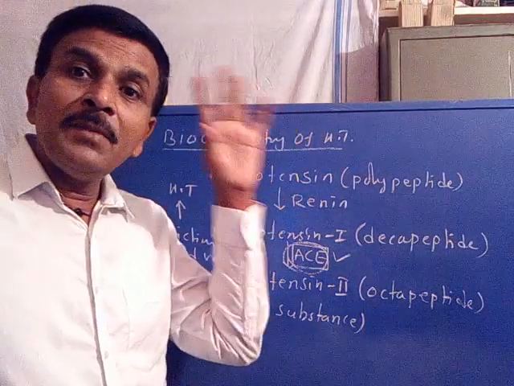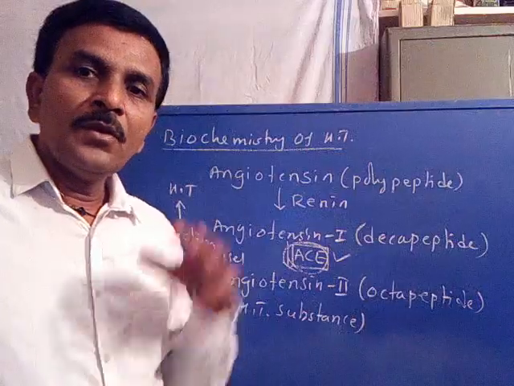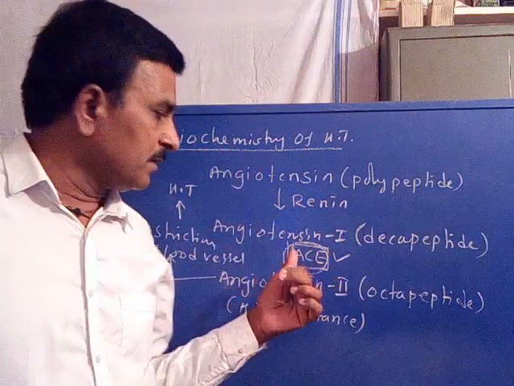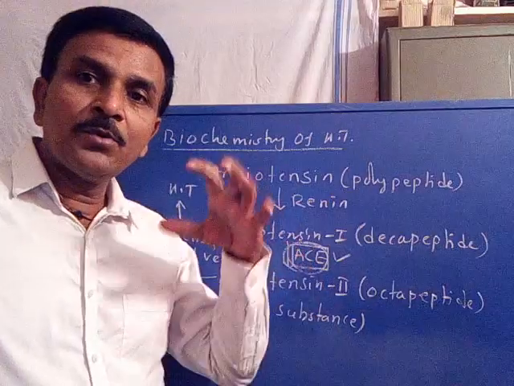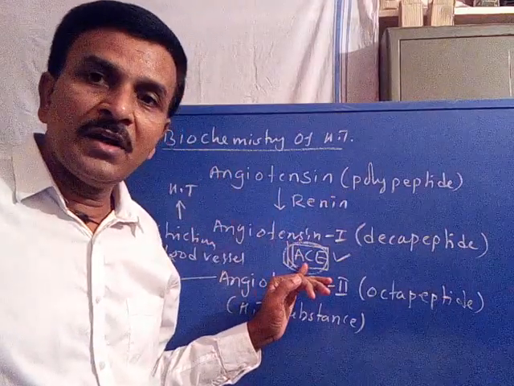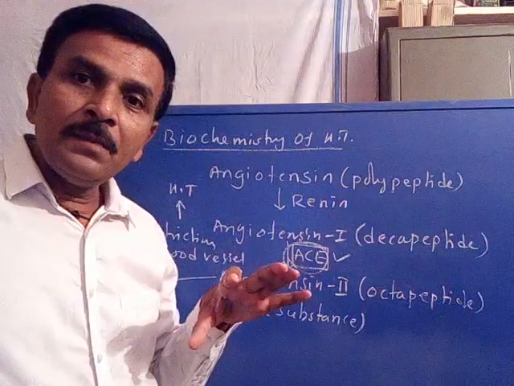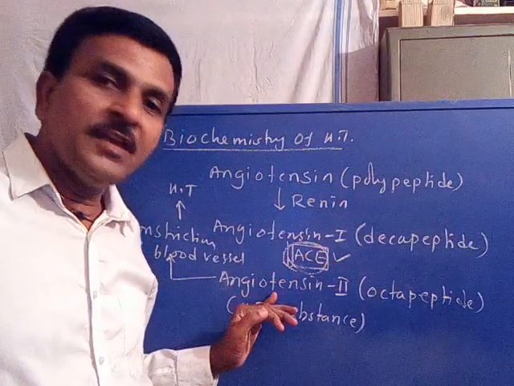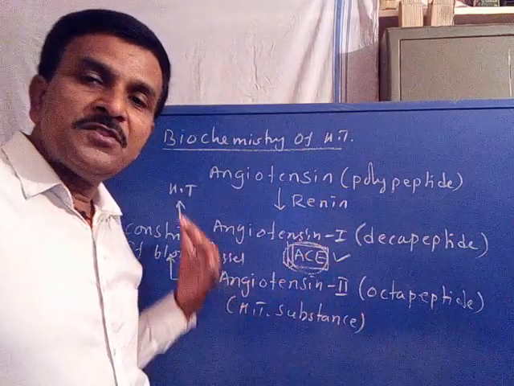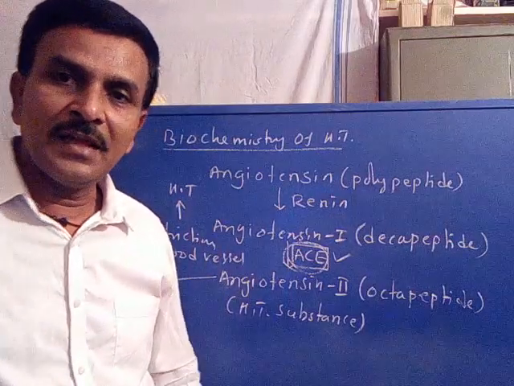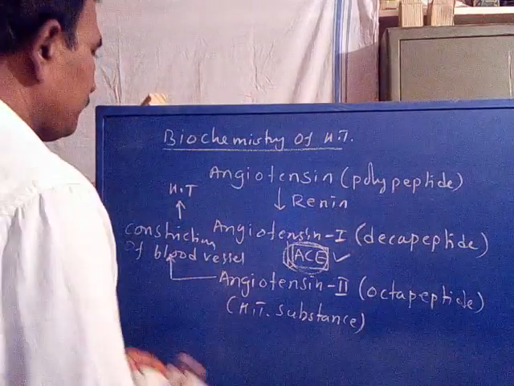Now, captopril is an enzyme inhibitory drug which acts by inhibiting angiotensin converting enzyme. Captopril binds with angiotensin converting enzyme, thereby it stops the formation of angiotensin 2, relieving the constriction and relieving the hypertension. Is it clear? Now, coming to its design. In the treatment of hypertension, what is the target? The target will be angiotensin converting enzyme.